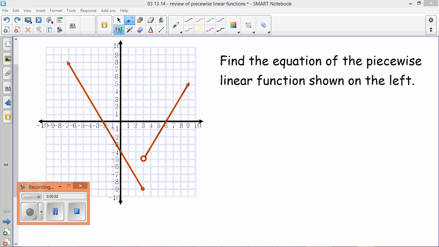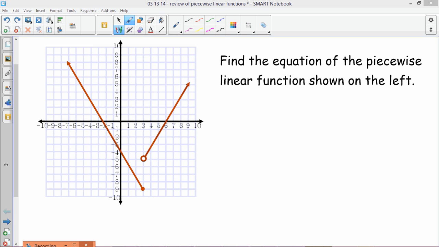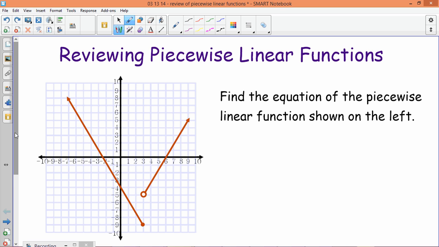Hi, everybody. Today we are simply going to review what we've already learned about piecewise linear functions. We're going to go through 4 separate problems. I will show you how to do the sample problem. You will do a copy of that on the next slide. We will move on to the next one. We should be able to do this very quickly and very efficiently because you all already are partial masters at